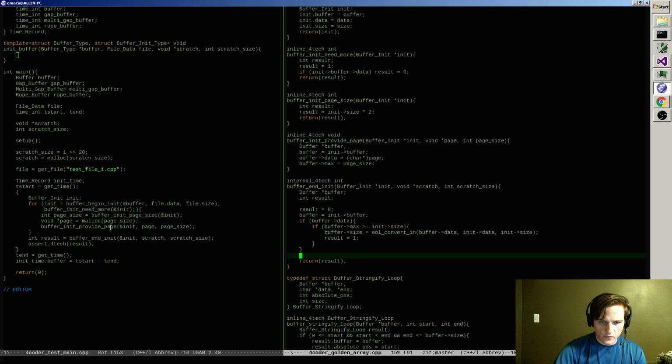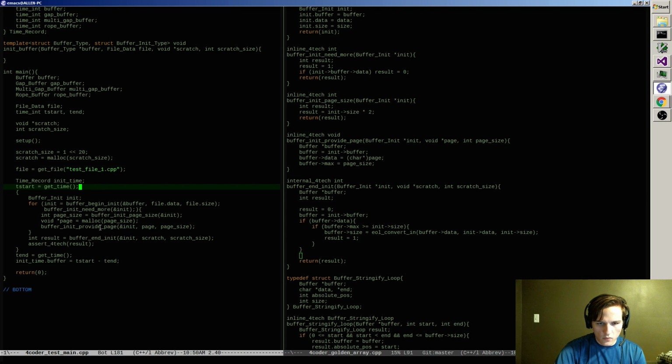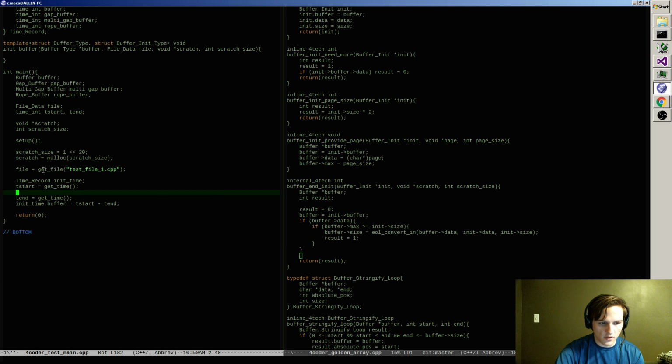So what I was doing was saying maybe I want all of this code here in a template, because I'm going to have it repeated 4 times and it's all going to be nearly identical.